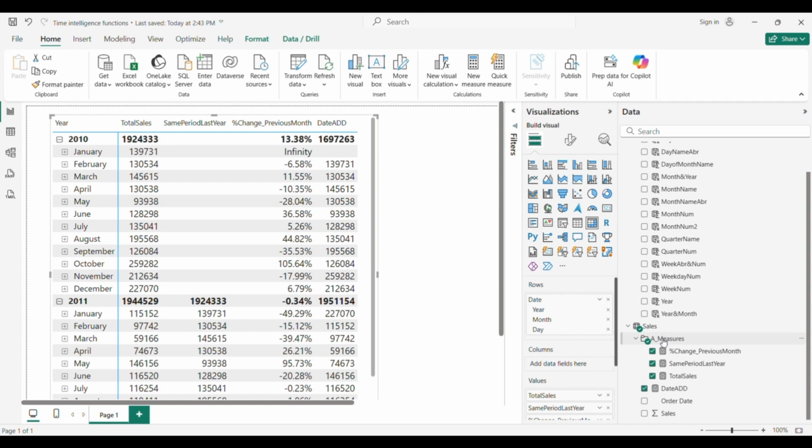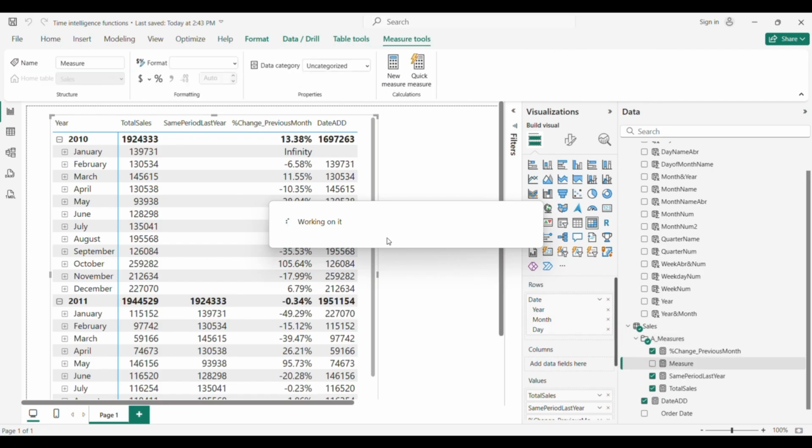Next function will be start of the month. With this function we can see the first day of each month.